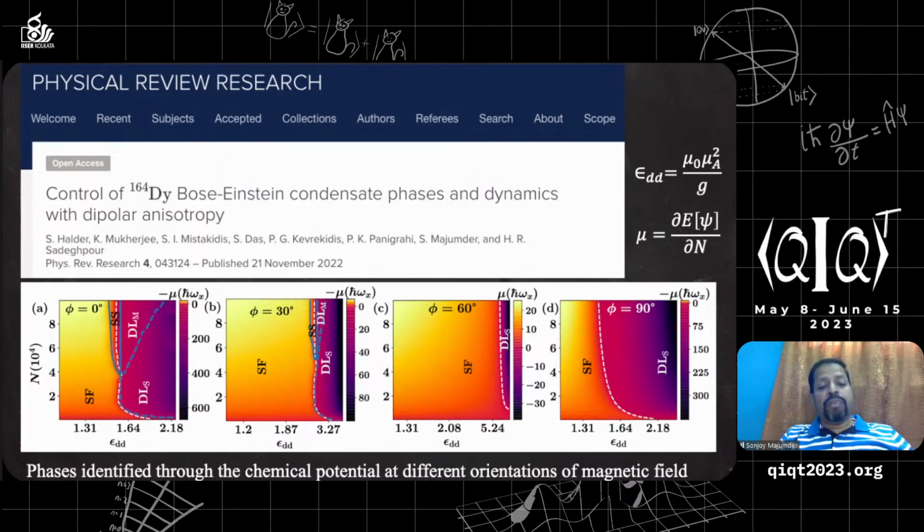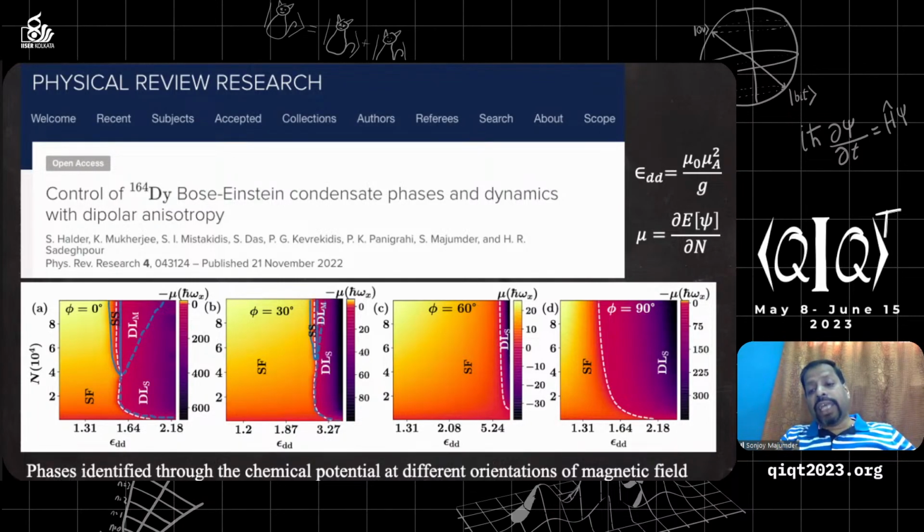An interesting point, if you just look at these four figures, when we change phi from 0 to 530, 560, 590: the supersolid phase, where you see the concentration of density inside the superfluid, actually disappears as you change the orientation. Also, the cluster form of the droplets, which we saw in hexagonal form earlier, slowly disappears, and ultimately, when your magnetic field is around 90 degrees along the XY directions,